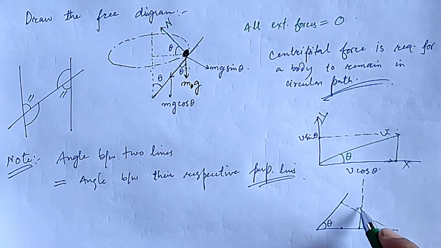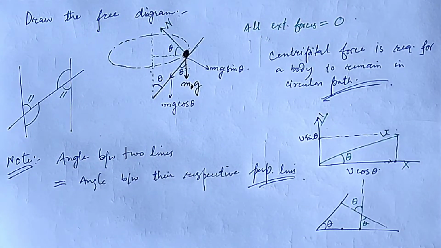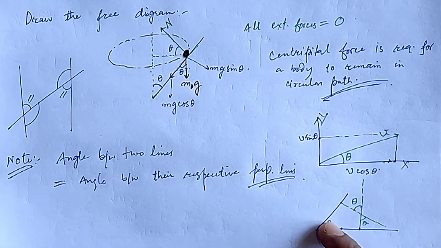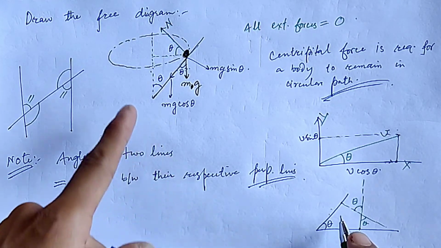Then this very angle will be theta. Similarly, this will also be theta. Fine. So this will be the angle similar to that of theta, because these are perpendiculars to these original lines. Similarly here,